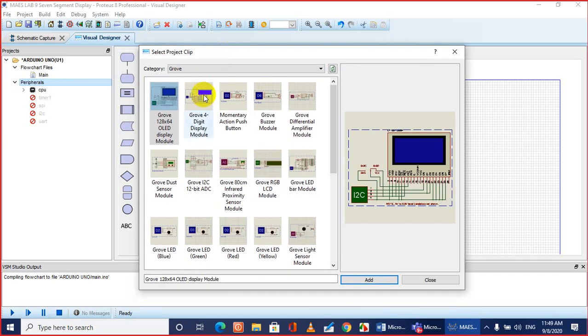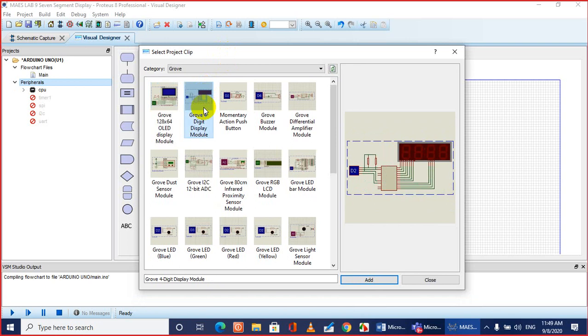I think it is a group of 4 digits you can display. Look over here, 1, 2, 3, 4. So it comes in a module, which I think is widely used nowadays. You can display 4 digits or characters or symbols together using a single device. Okay, so we will pick up this one.